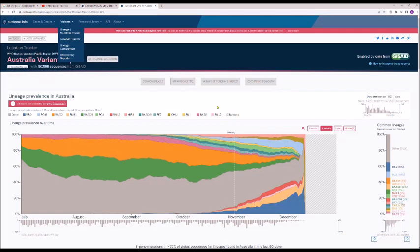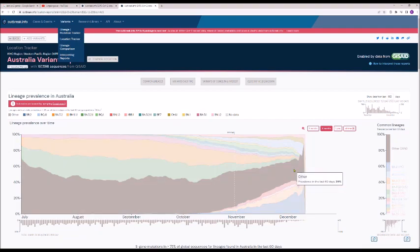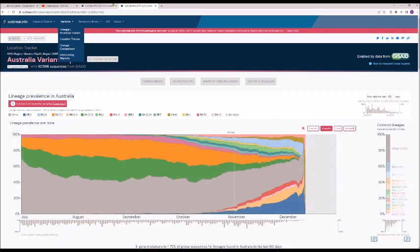And we can see the variants which are currently active in Australia. It's just gone crazy. I mean, there's the whole stack of them. They only list the ones here that have a prevalence of greater than 1%. So there'll be a whole stack of other ones, and in here there'll be a whole stack of ones that haven't even been listed on